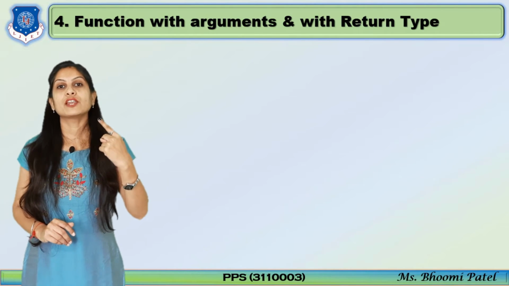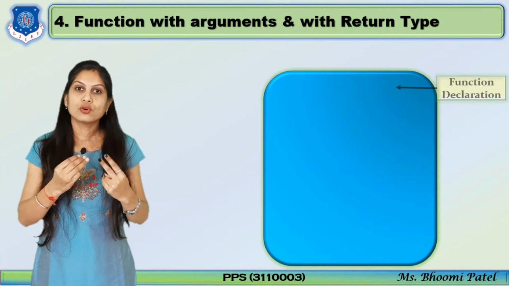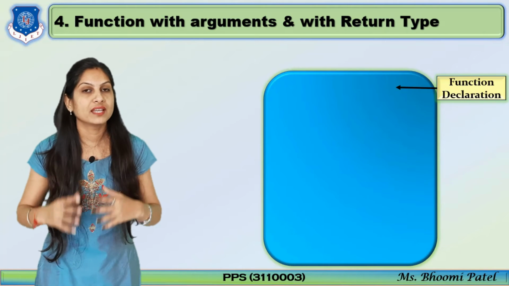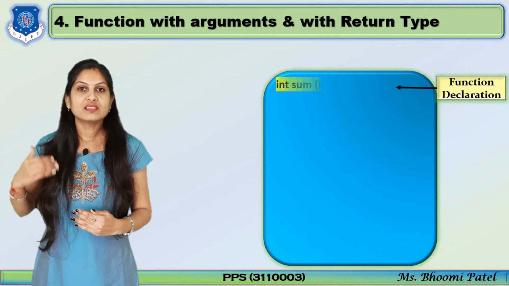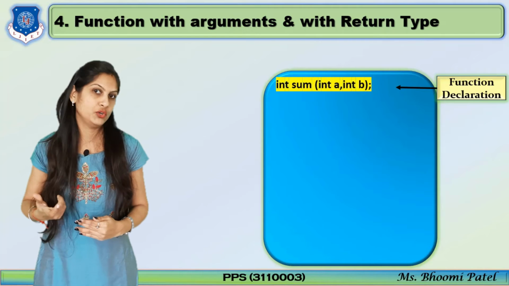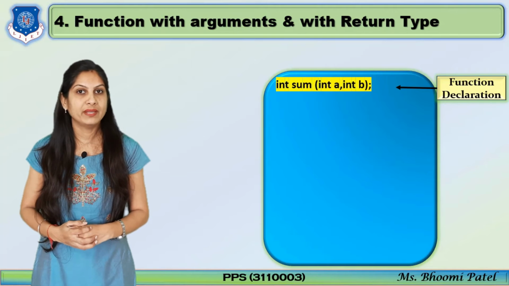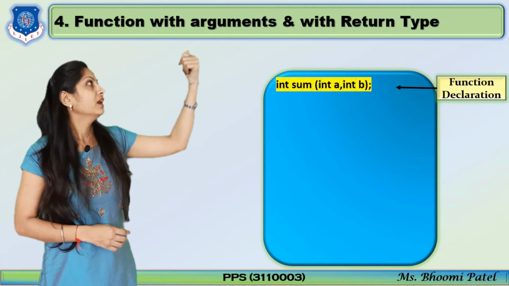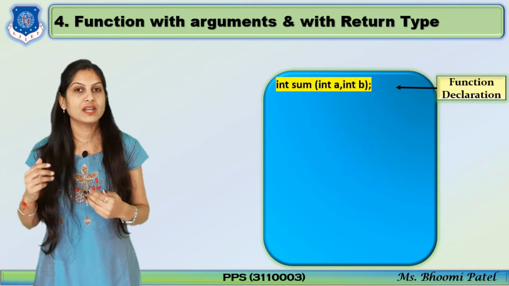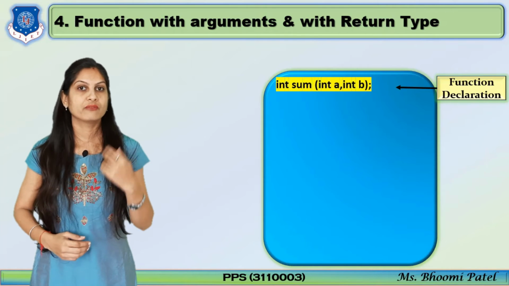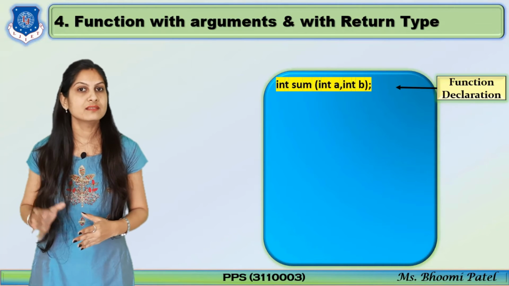In the second category we are using with return, and in the third category we are using with argument. Clear? So there are two categories, and now we have to mix them in our fourth category, that is function with argument and with return. Now with return means here we can't write void. No, here we have to write integer, float, something. So our answer of sum will be an integer, that's why we write integer, then sum, and the brackets are empty. No, here the category is with argument, so we have to write the number of variables. We need only two variables here, so write just integer a comma integer b and then a semicolon.